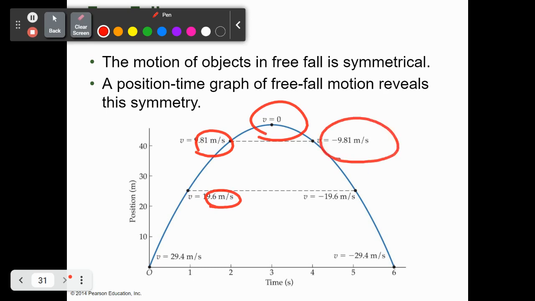Look at the velocity. It's the same magnitude, but look at that sign. Negative. Why is it negative? Not that it's traveling backwards or anything. It's going in the opposite direction from where it started. So it goes up, and then comes back down. It's the same velocity on both ends, because the only thing it's due to is acceleration due to gravity. So that negative sign just means the direction in which it's traveling.